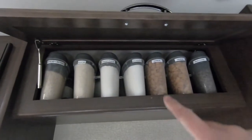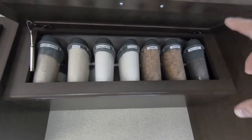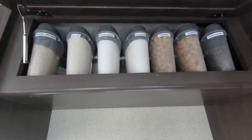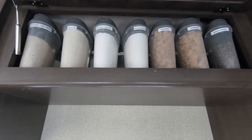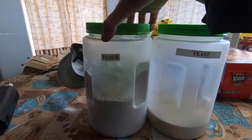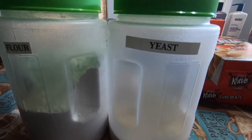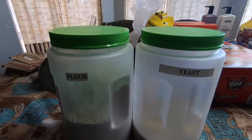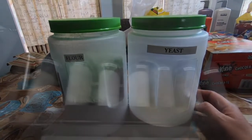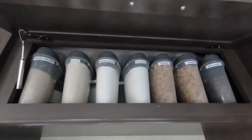Now, just because these are my staples doesn't mean that I'm gonna buy in small sizes. Since these are staples, I usually buy in bigger sizes, and what I do is I put them in bigger containers, and I'm gonna insert a clip here so you can see them. And the idea is that those are going to be full in the basement area of the house, and when we need them, we're going to refill the ones that we have up here, so that way we have a backup. If we run out of cereal, then we'll have more there. And I don't like to keep them in the original packaging, and I keep them in this kind of containers because I hate the idea of mice. And that is something that can happen if you keep it just in boxes and